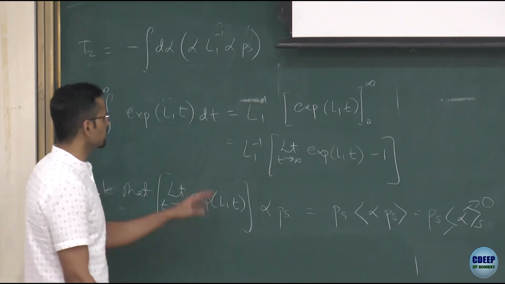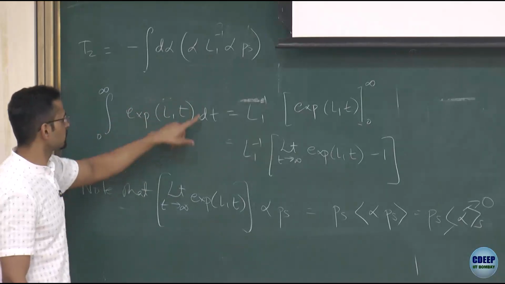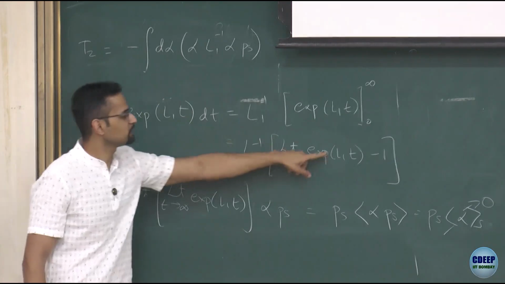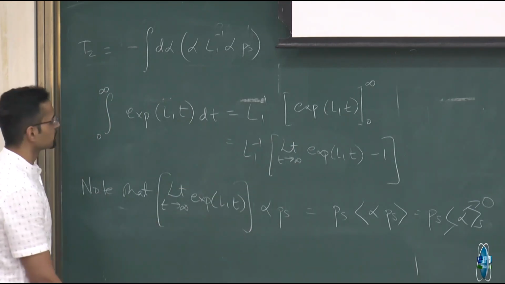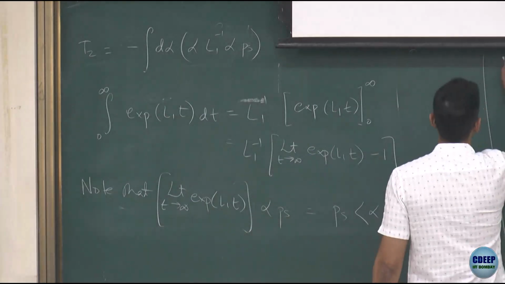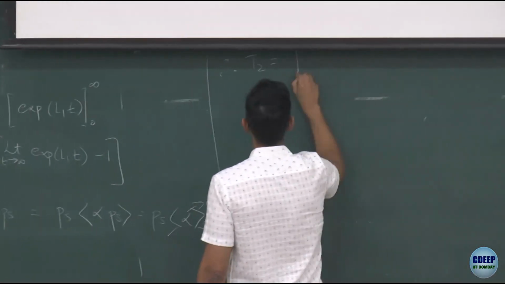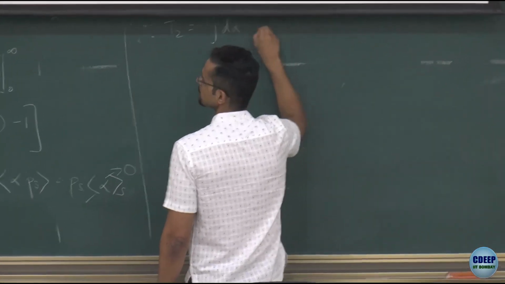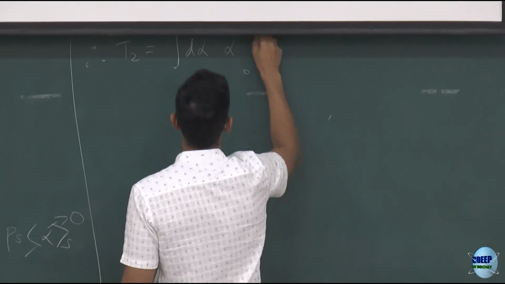So this means that instead of minus L1 inverse, I can use this integral, because when it acts on alpha PS, this will not contribute anything. Okay? So therefore now my T2 is just the integral of d alpha times alpha, then L inverse alpha PS is the integral 0 to infinity